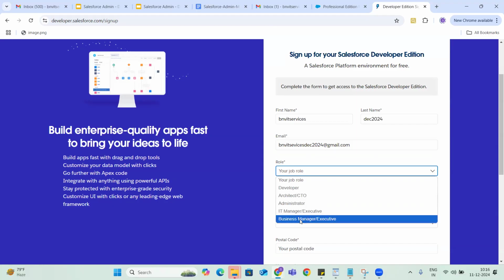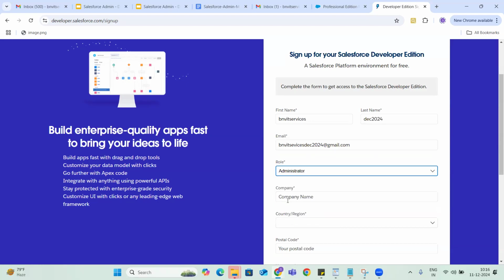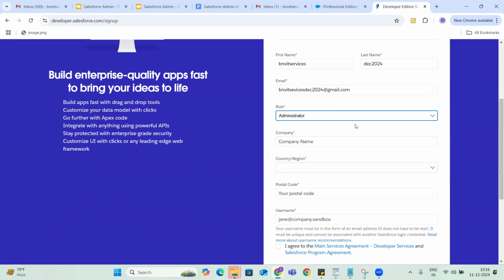Business managers are nothing but our clients. Now we are learning admin, so I'm going to select my role as admin. You can select anything, guys. If you select administrator, there will not be any changes, and the same if you select architect. We are just registering our information. That's it. And company name.